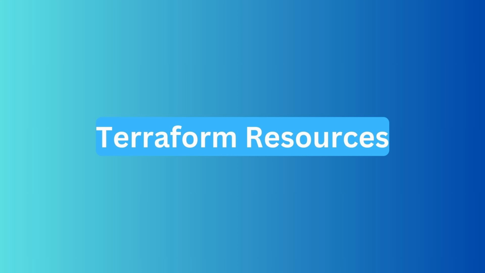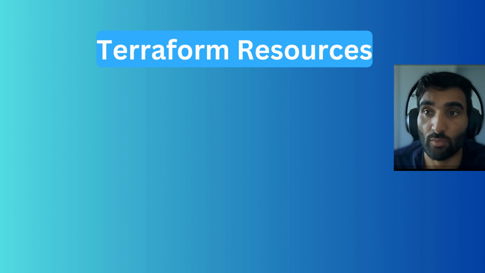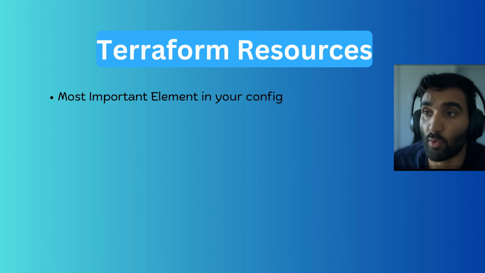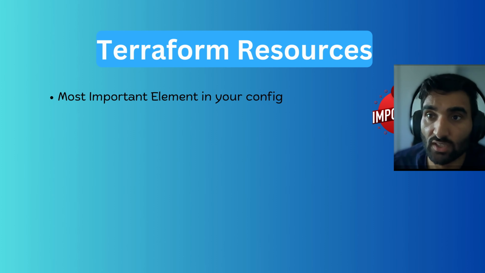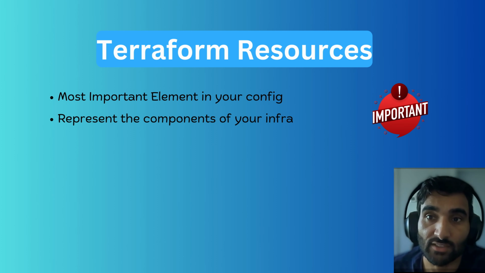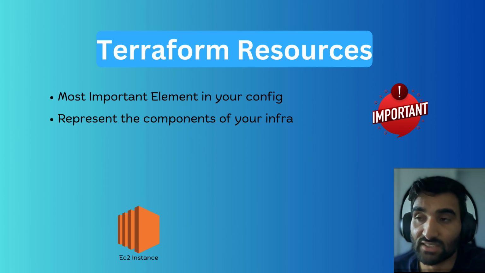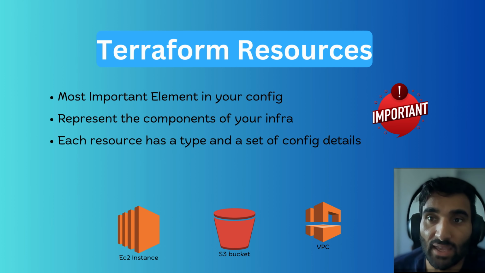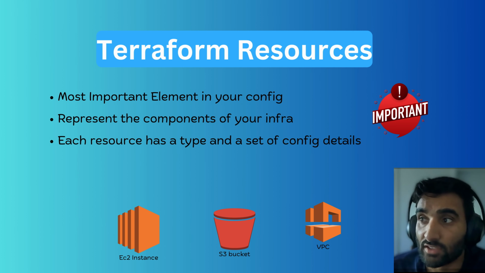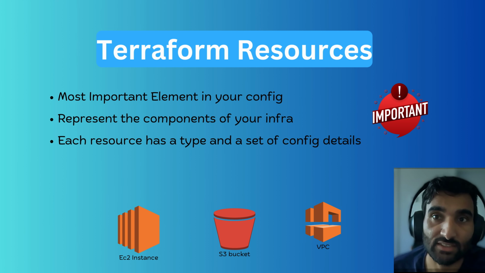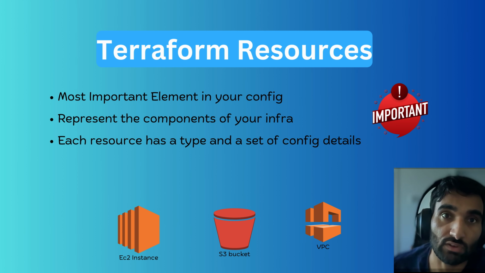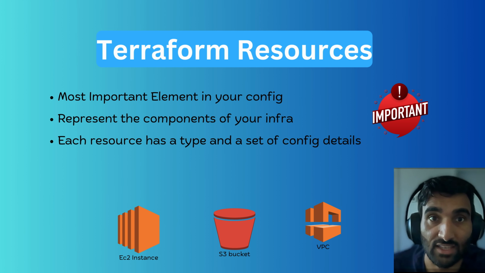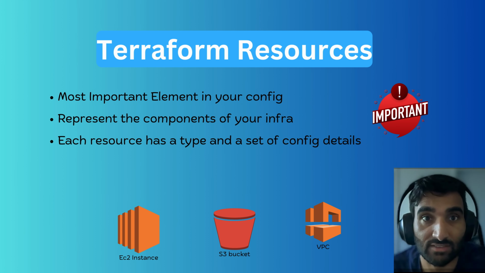Let's get started. To start, let's define what Terraform resources are. In Terraform, resources are the most important elements in your configuration. Each resource represents the components of your infrastructure like an EC2 instance, S3 bucket, or VPC. Every resource has a resource type and a set of configuration details. Configuration details are essentially arguments that help you create your resource. For example, if you're creating an EC2 instance, you would define its configuration by defining its AMI ID or its instance